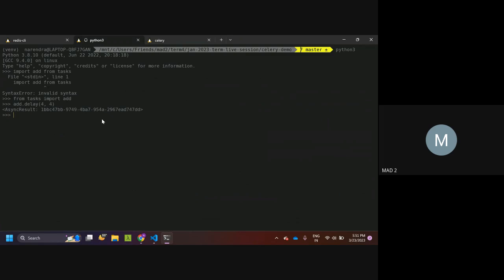So even if we have the task ID, because we have not stored the result in any place, we will not be able to get the result of this task. So what I will do,